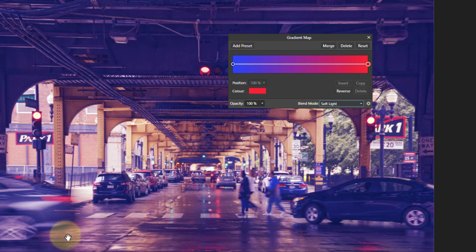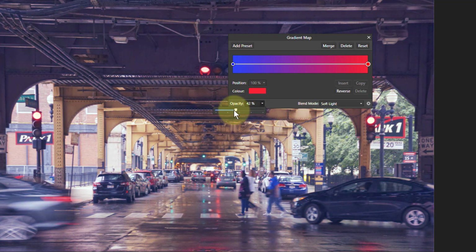You can see the toning, the colouring in that. You've got the red in the lights and the blue elsewhere, but you can change the colours to anything you like. If it's a bit strong, you just use the opacity and bring that down. A good way with that is to start from the bottom and go up until it looks about nice. If you want it at the end but not in the middle,